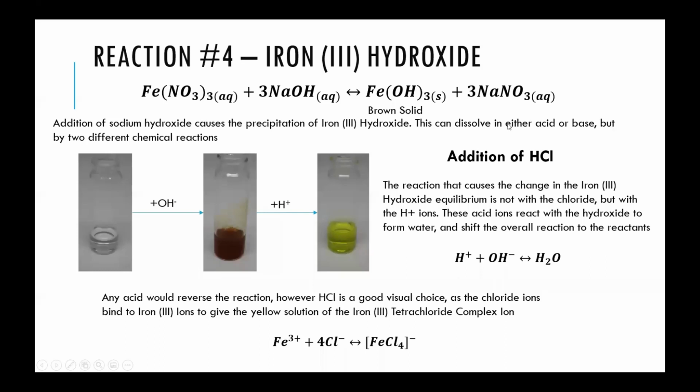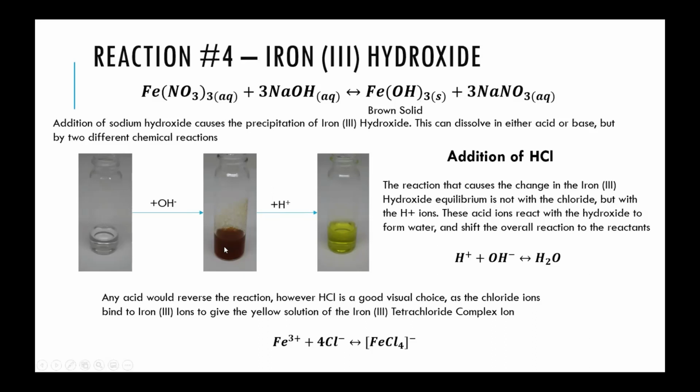The fourth reaction looks at the precipitation of iron 3 hydroxide. Iron 3 nitrate is reacted with sodium hydroxide to form a brown solid and soluble spectators, sodium nitrate. There are a few different steps in this reaction. After the brown